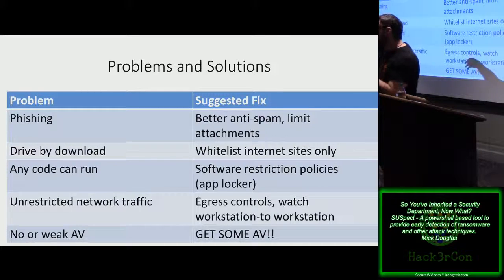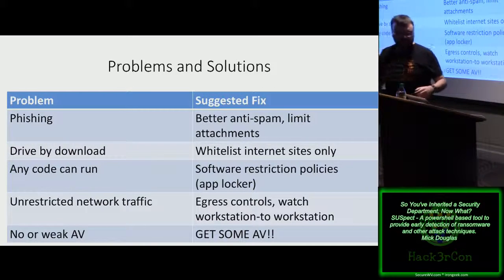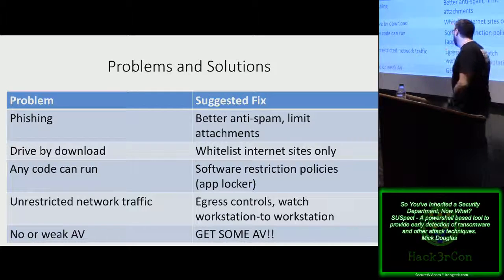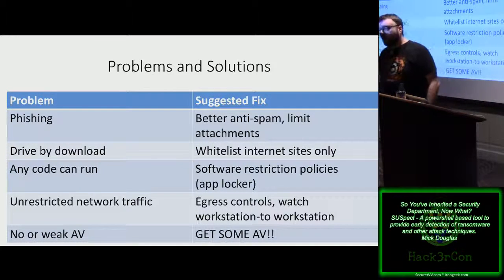And the reason that this kills me is people will tell me, they're like, Mick, one of the things that we didn't see was that there was no way that we could protect the key exchange going out. A lot of this ransomware, they have to phone home and say, hey, I'm about to do this encrypt. Let's share the public-private key so that you can, at a later date, decrypt these files. And they're like, yeah, we didn't see the key exchange. Yeah, I'm sure you didn't. Because you allow anything going anywhere over any port. Lock that down. Please.